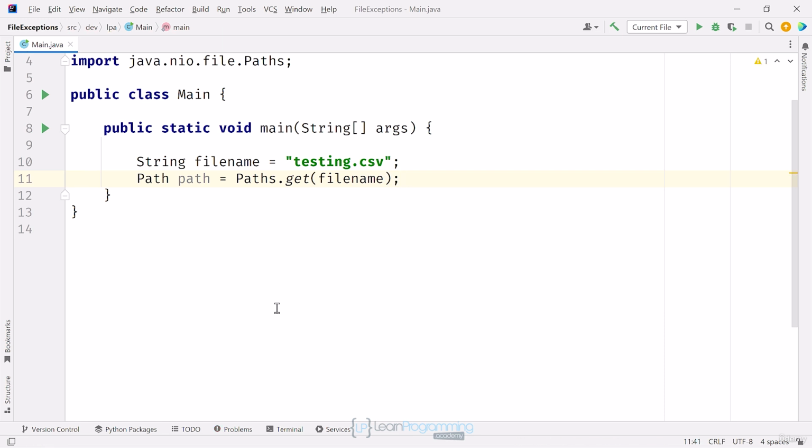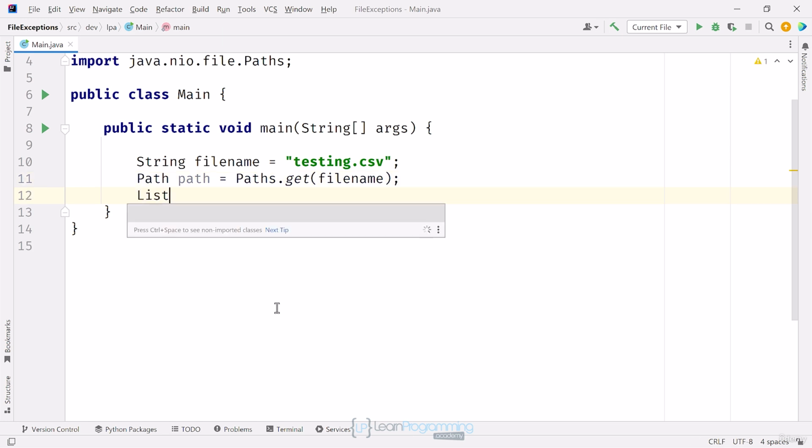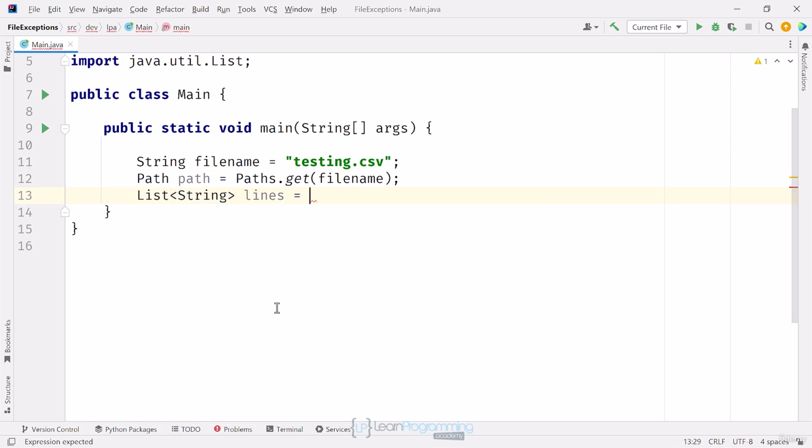Right now, I don't want you to worry too much about what these types are or how they work. I'll be covering them in detail shortly. After I have a path instance, I can call the static method readAllLines on the Files class, passing it the path instance to get an array of string, which would be all the lines in the file. Again, I'll be getting into how this all works shortly, but what I want you to see is that this